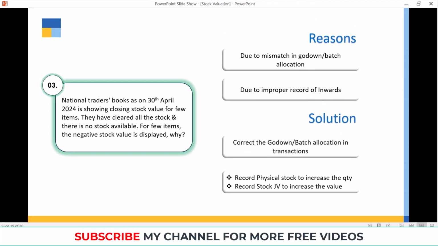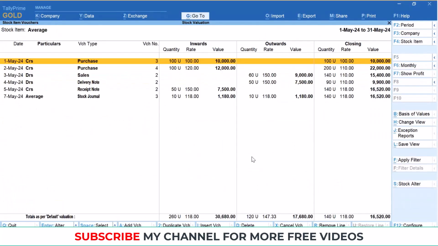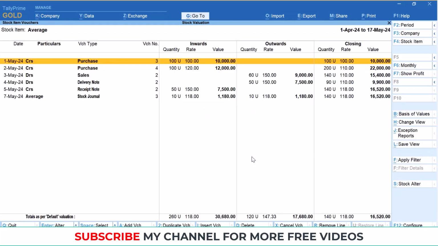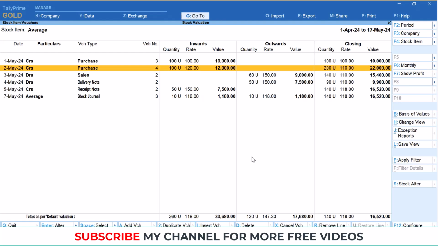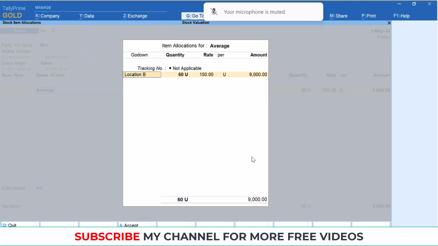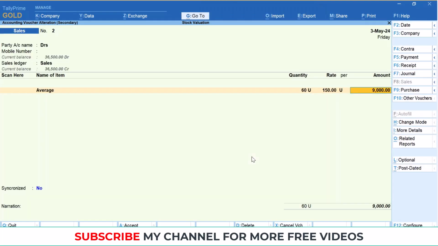So there could be reasons like a mismatch in godown or batch allocation due to improper record of invoice. The solution is we have to make the corrections in the batches or godown allocation. Suppose, for example, let me show you here. Let us take an average item for this. I'm having 100 stock in the main location itself. But then while making sales, I'm having stock in location B, but if I take main location and make sales,